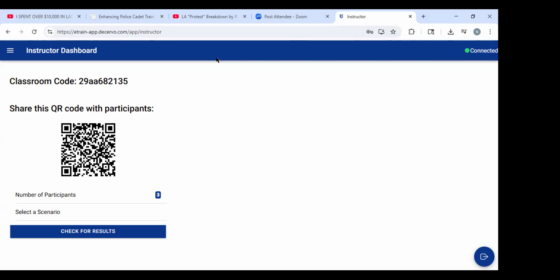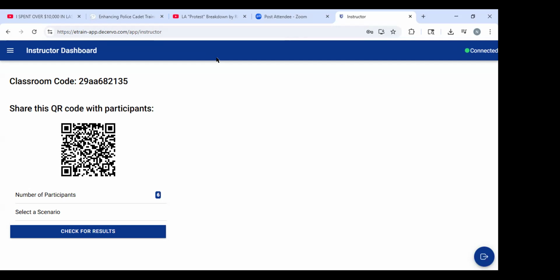But so everyone's got that QR code you can see up on the screen right there. Three of us are in the class. We're just about to have a fourth. Continue anonymously. Keep screen awake. Okay, so I think everybody but Nate is connected right now. If you want to, Nate, you could kind of do it along with us, or you can just run the class. Either way.